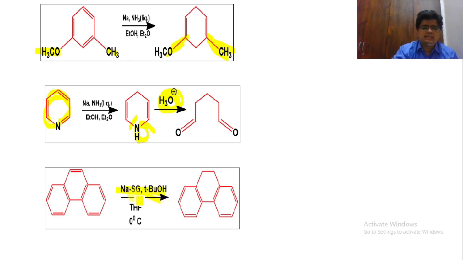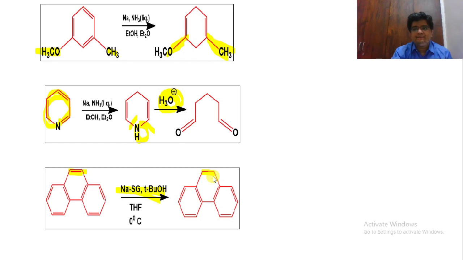When we have Na/NH3 in the presence of tertiary butanol, it will reduce one pi bond. Now here we have 3 plus 2, 5, 5 plus 2, 7. Here we have 3 plus 3, that is 6. So this double bond will be reduced. Okay, so now this double bond will be reduced with the help of the Birch reaction. So this is all we can say about the Birch reaction.